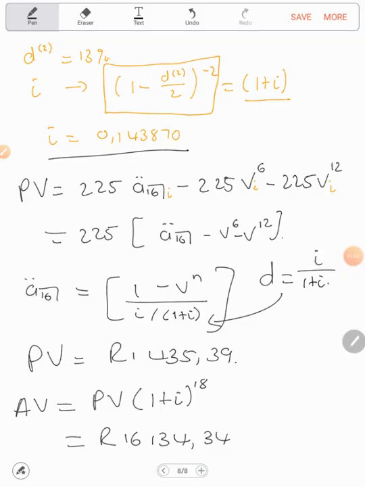So I hope these examples made sense to you guys. I hope you understood everything that's happening. These examples are extremely simple annuity function examples that we've been doing. It's going to get much more complex as you move along, especially when they start to bring in more things. They'll bring in perpetuities. You're going to have continuous annuities. In the next chapter, there's increasing annuities as well. So it does get a bit intense, but we'll work through it slowly